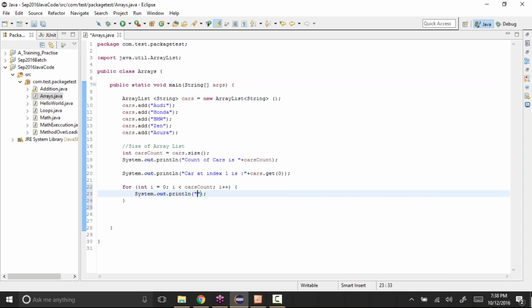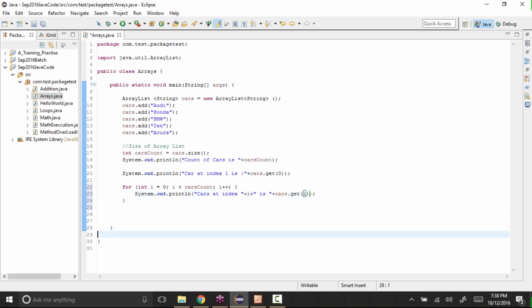In this, I'll do System.out.println and display "car at index" plus i, which is the position, plus a space, plus cars.get of i.